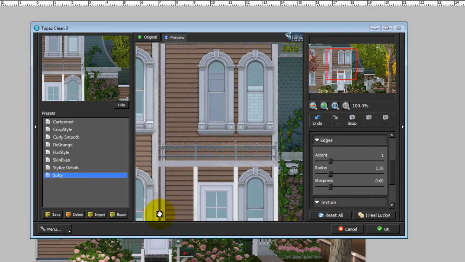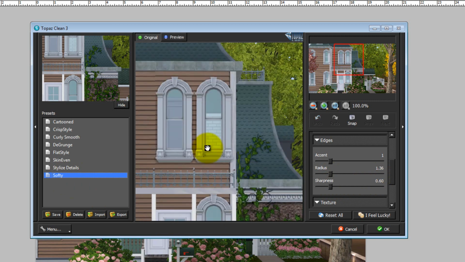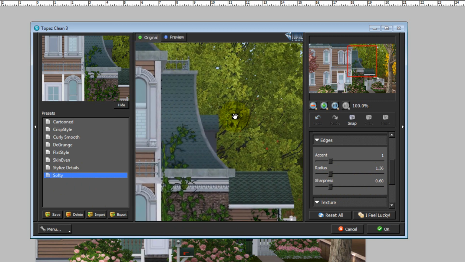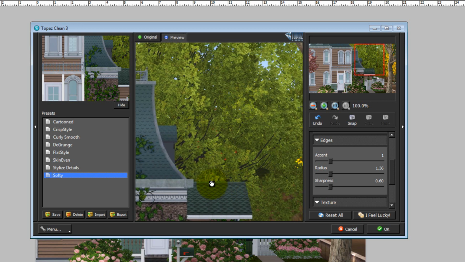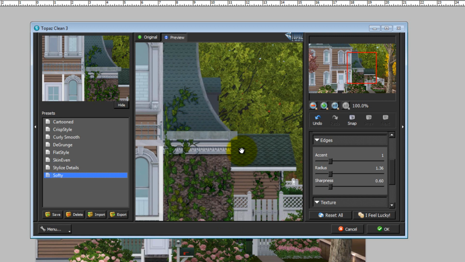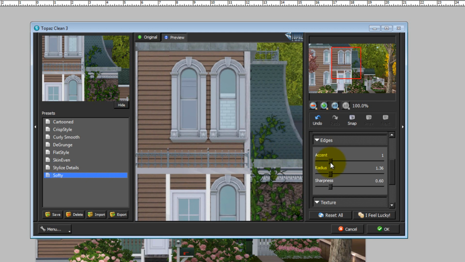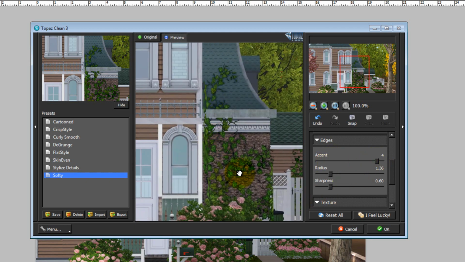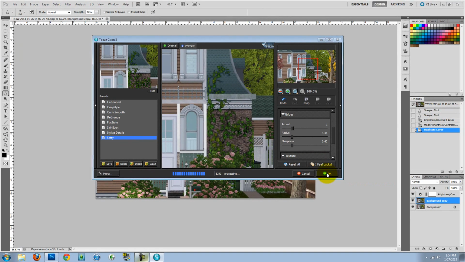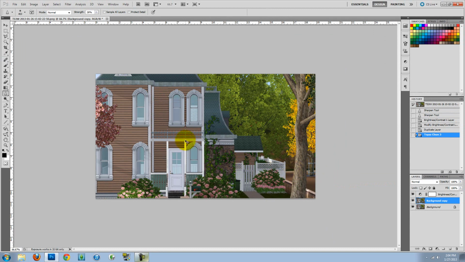But I have it on Softy because Softy is nice. It smooths out your edges, but it doesn't give you that overly sharp look, and everything is not incredibly distorted into little swirls. I know some people overdo the accent, and see how it messes up the way something looks. See, it changes. So let's keep it on 1. So there you go. It's all nice and smooth. You can see a little bit of difference. It's a little bit smoother. Okay, now